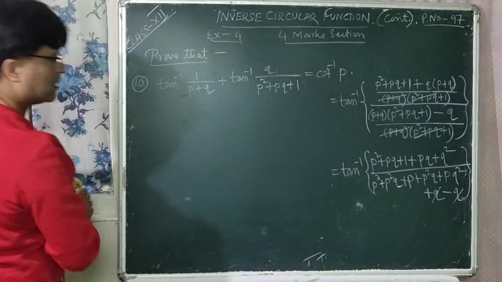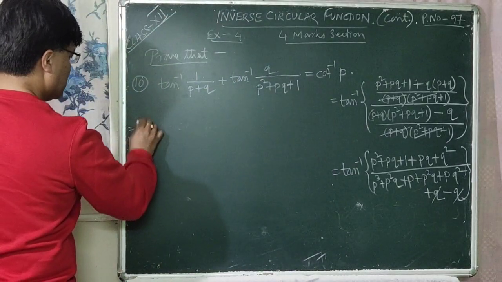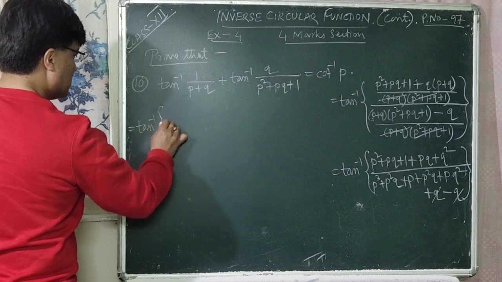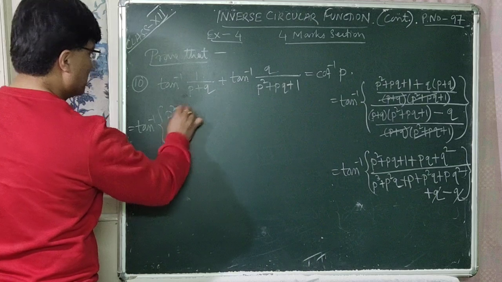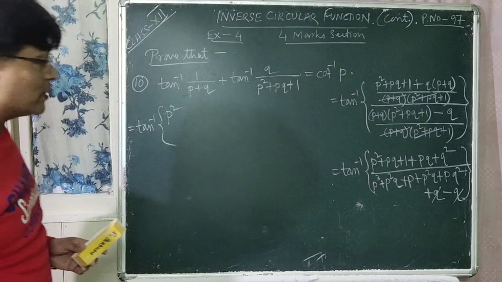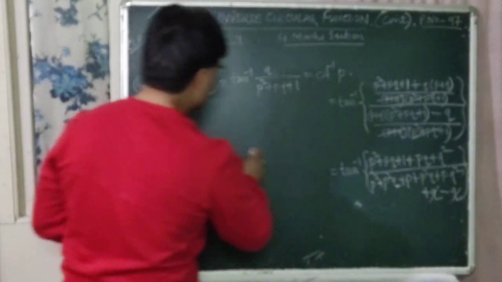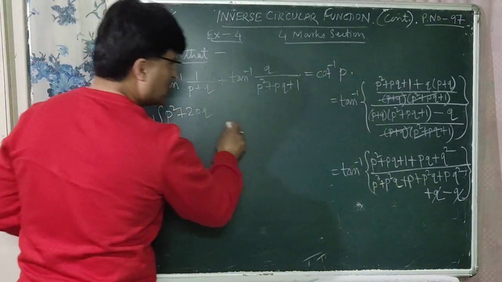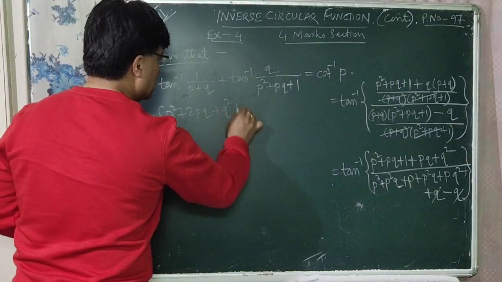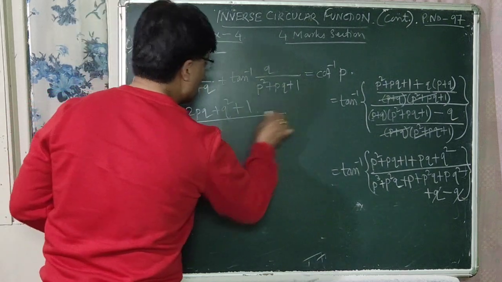Now let us simplify it, which is equal to tan inverse within second bracket. Let us write P square first. This is the only P square there. What is PQ plus PQ? Plus 2PQ. Then let us write down plus Q square, then plus 1. So this whole divided by